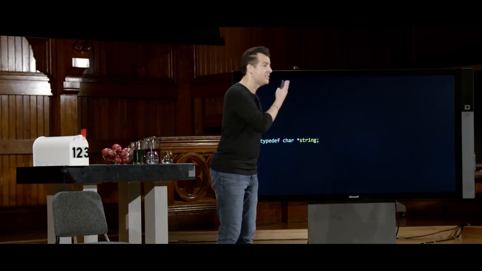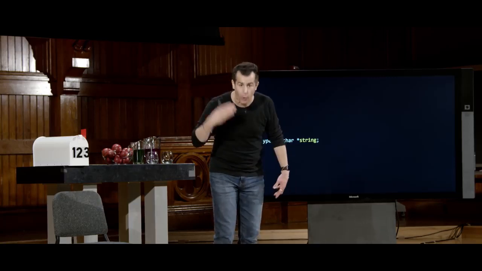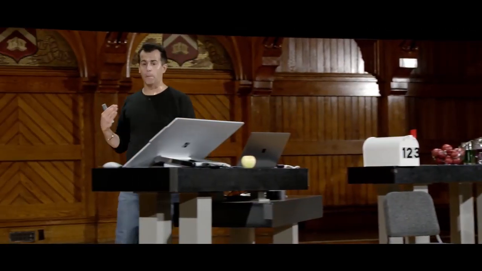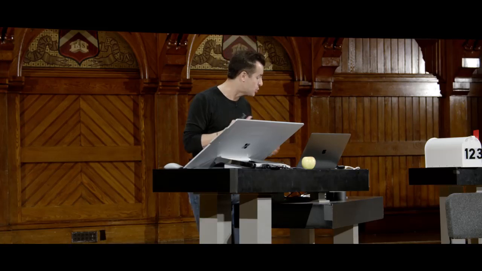And honestly, this is why, and maybe those sort of blank stares, this is why we introduced strings in week 1 as being an actual type as opposed to not existing at all, because who really cares about addresses and pointers and all of that when all you want to do is print hello world or hello so-and-so's name?